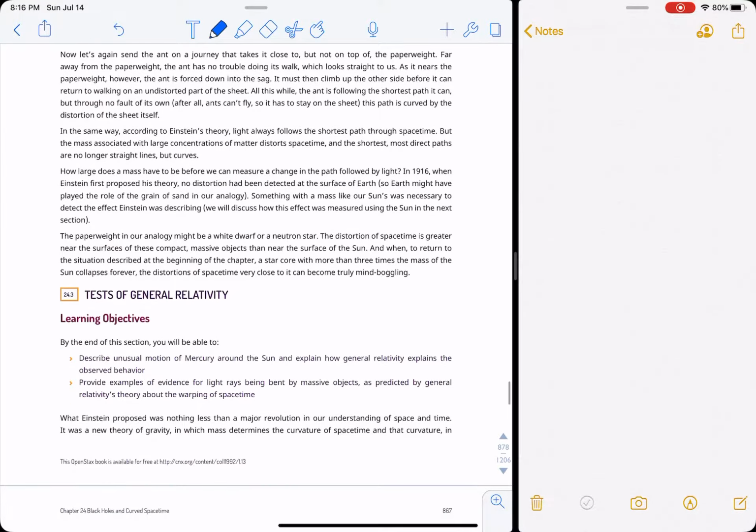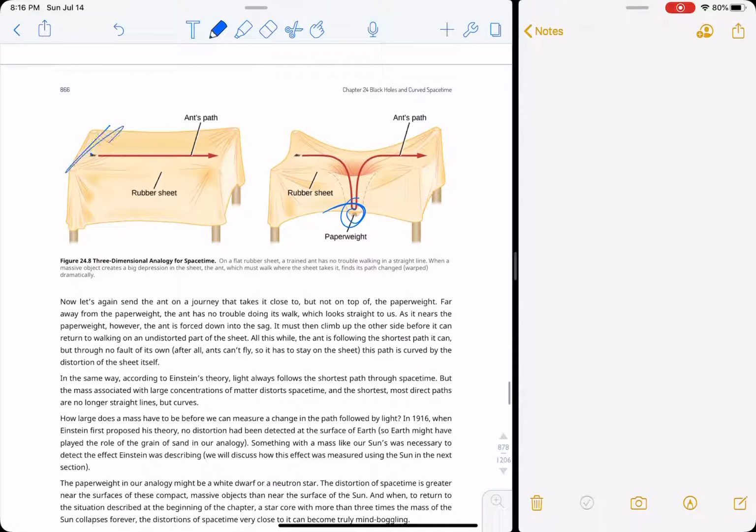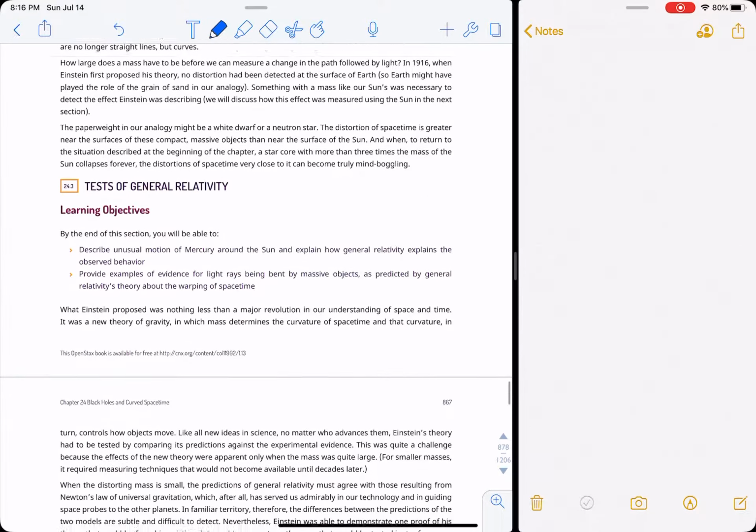Its path is now curved, and that's because the mass here curved the space. So that's what Einstein's theory is: it treats all of space-time as a flat surface which can be manipulated by mass. And once you have mass in there and you manipulate it, now that curved space manipulates anything that moves around in it, including the planets, and that's why planets orbit, because there's this dimple created by the sun and everything's orbiting that. Okay? So that's the idea.